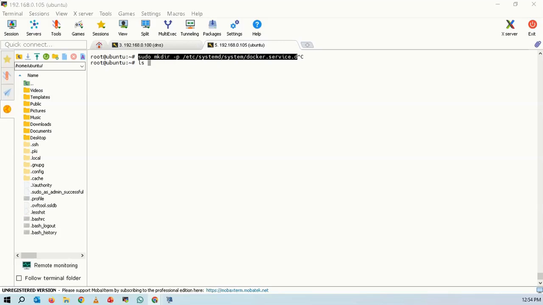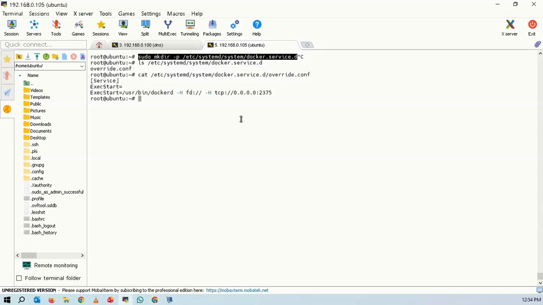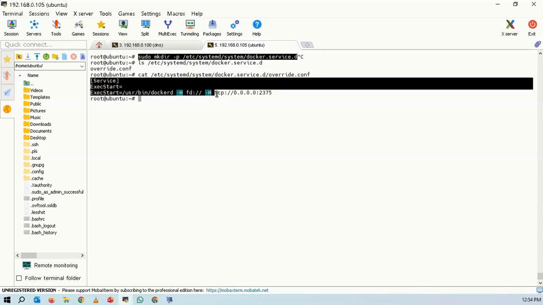This is the command. So there is a file called override.conf, right? That file you have to add. That won't be there by default, so we have to add that file. Let me get into that and then try to add that file. I've already added it, but I'll show you what is in that override.conf file. So we have to add this service ExecStart, and ExecStart /usr/bin/dockerd -H fd://